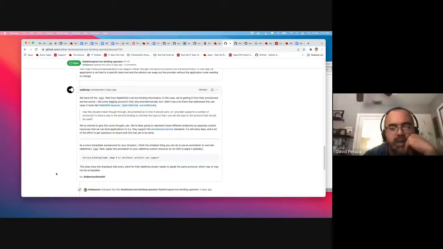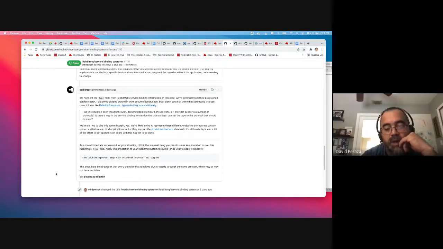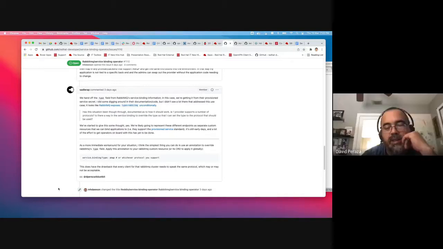So is this an annotated CR, or is this out of the box? Nope. RabbitMQ is one of the few that we can do out of the box. I gave him annotation because it looked like he was using the Chorus API. So RabbitMQ is using a provisioned service resource today? Yes. Okay, good. By the way, this is from VMware. Okay, VMware then maintains it, so they need to provide the right types. Well, it's up to them, right?